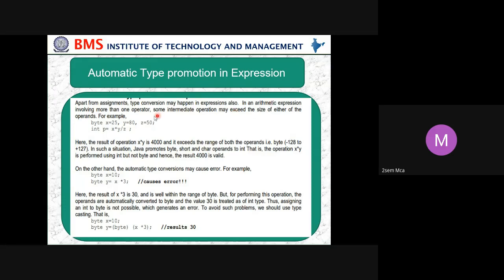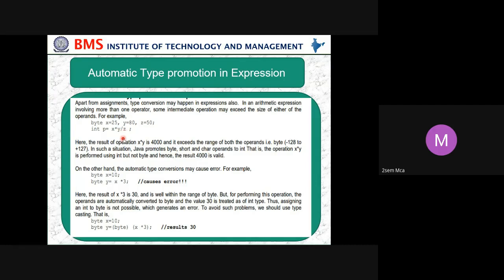In an arithmetic expression involving more than one operator, some intermediate operations may exceed the range of either operand. For example, byte x equals 25, y is 80, z is 50. Then we do some operations: x multiplied by y divided by z.